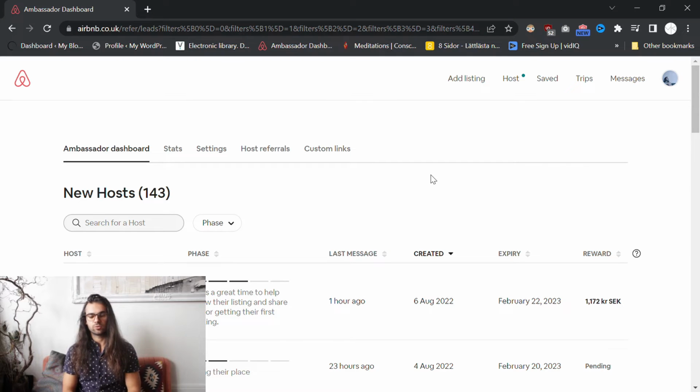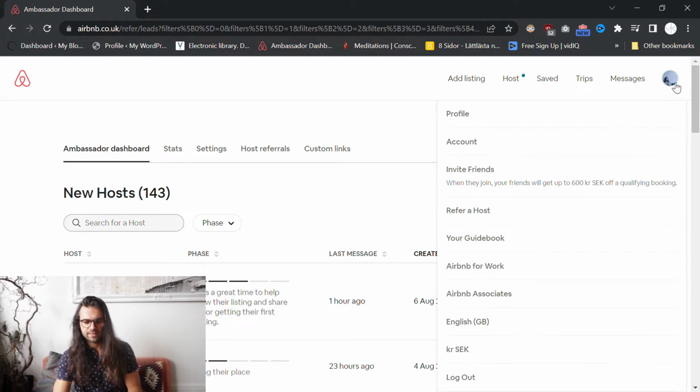So how do you start? Well, the most important thing is of course to start by registering at Airbnb. So if you go to airbnb.com or co.uk, you can just find basic login information such as email and password. Please remember those. And once you're in, I'll show you what's next. So I'm going to click on my account,